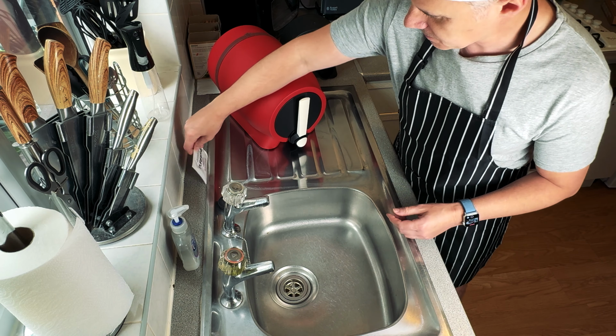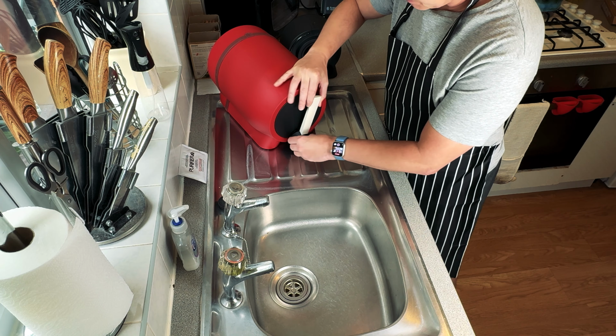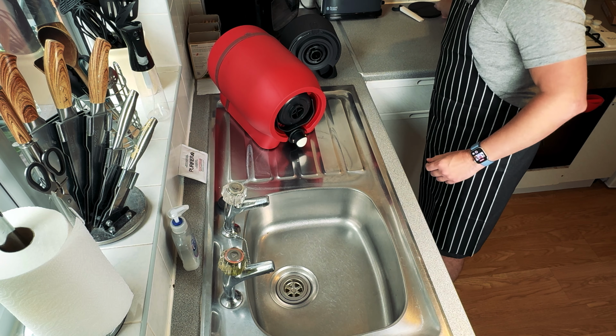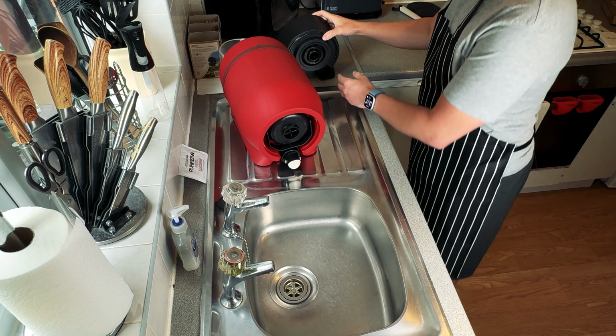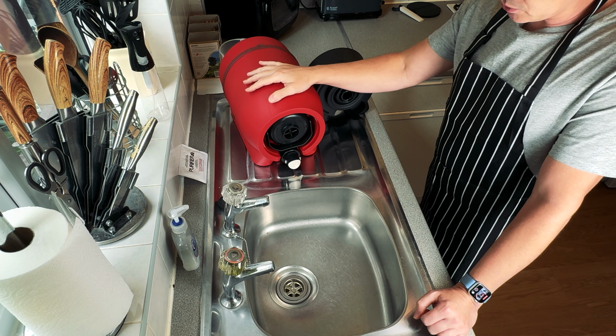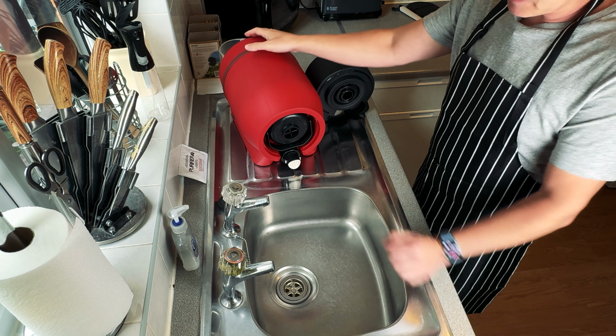So to start off, we'll take the tap off. Obviously take the faceplate off. Now, what I'm going to do is crack the lid open, put the pinter in the sink. If you've got